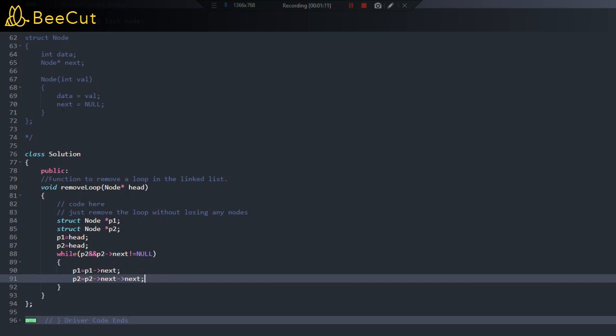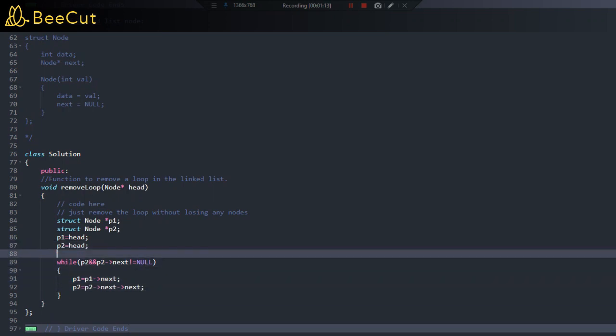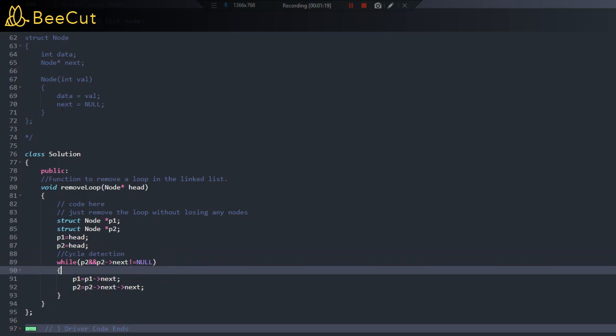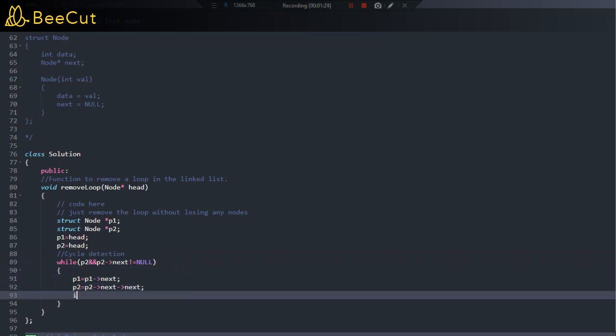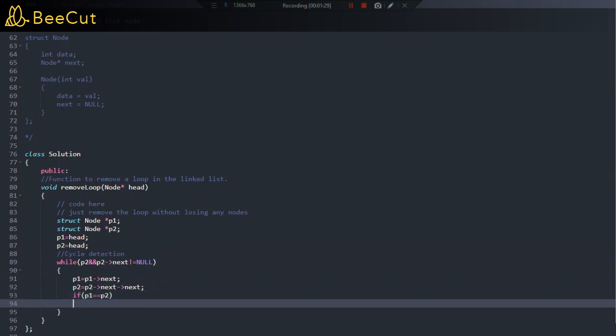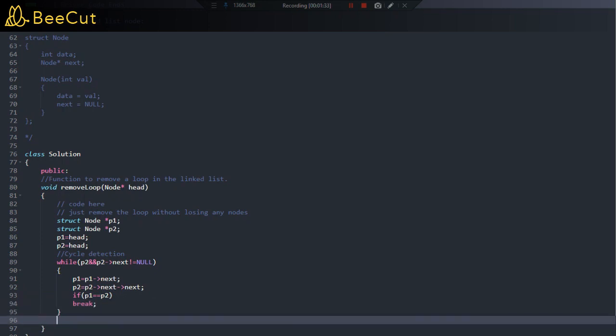Great. So this is where we are basically doing the cycle detection. Now once we detect the cycle, what will happen? The moment P1 becomes equal to P2, there is a node where both of the pointers have met. That is the point where the cycle is detected. So we just have to break out of the loop. We are doing this to avoid time limit exceeded; you can ignore this particular part here, but it had led to time limit exceeded. So we are just stopping the moment we find that P1 is equal to P2.